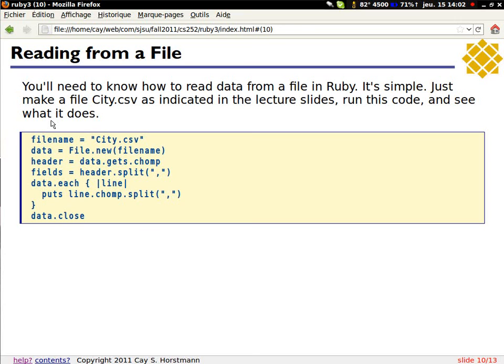We're going to do this in this lab, and we're going to do the CSV thing. Here's how you read something from it. We're making a new file with a given file name. We call gets. I don't remember what chunk does.